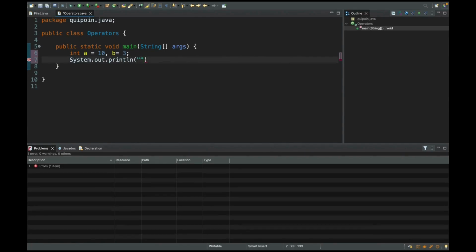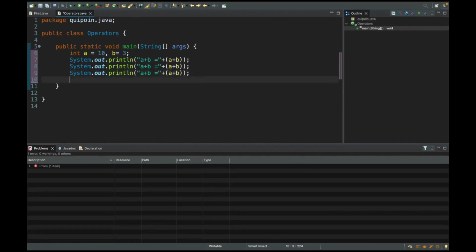In this we will write "a + b = ", and then we will put a plus sign here and then a bracket, then a + b, and then a semicolon at the end, and then let's copy it and we will go for different operators likewise. For now let's copy paste